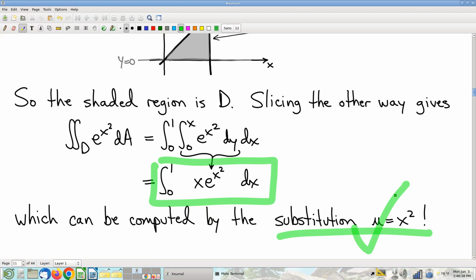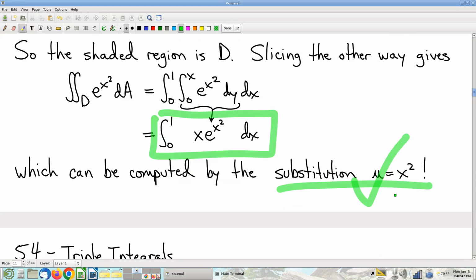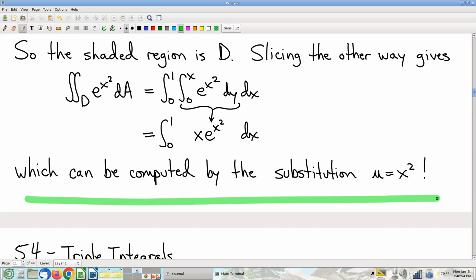So this is what they call reversing the order of integration, and it's not that deep of an idea. Again, it's just a matter of reverse engineering to find what your domain is, and then just slice in the other direction. Okay. And we're out of time, so calling it a day right here, and we will pick up